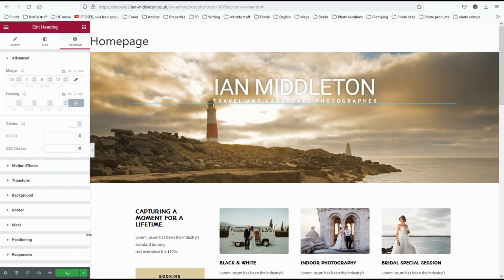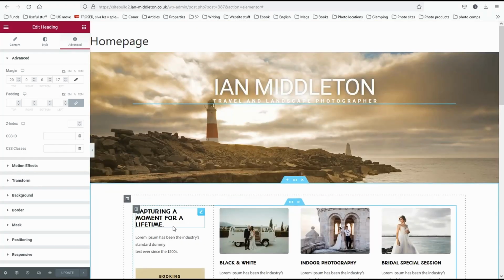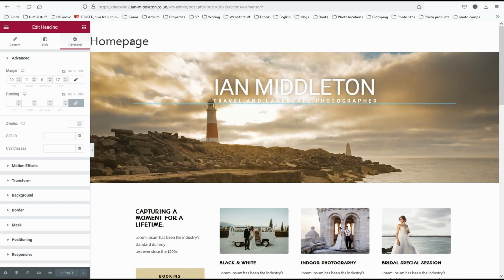Click update. If you're happy with any changes, click update so you make sure that those changes are saved. And now we've changed the header. And now we can go through and change the rest of it. I won't go too much into that now because you'll notice up here that we've got this ugly little section here called homepage. So we're going to look at setting the framework for your website before. So it's a good idea to maybe do this with one initial page and then go and set the framework